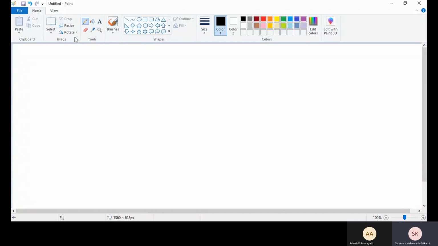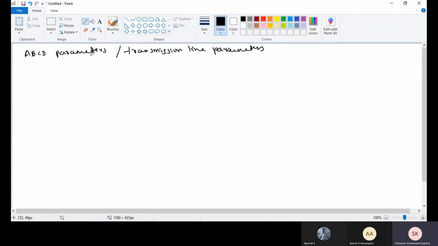Okay, now today I am going to discuss ABCD parameters. We can call these ABCD parameters transmission line parameters, or we can call these chain parameters as well. Why are we calling this one transmission line parameters? In the sense we